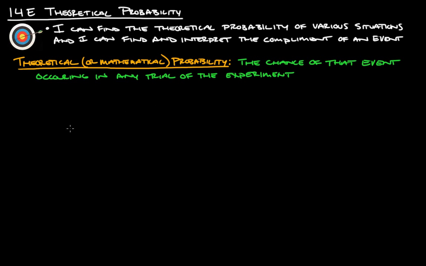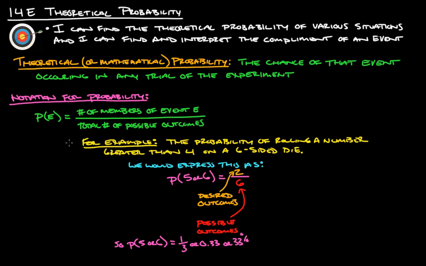of the experiment. All right, so let's take a look at notation for probability, and then we'll talk about theoretical and mathematical probability. All right, so notation for probability, we have P parentheses E, so that's the probability of event E happening. Okay, so to figure that out, it's the number of members of event E over the total number